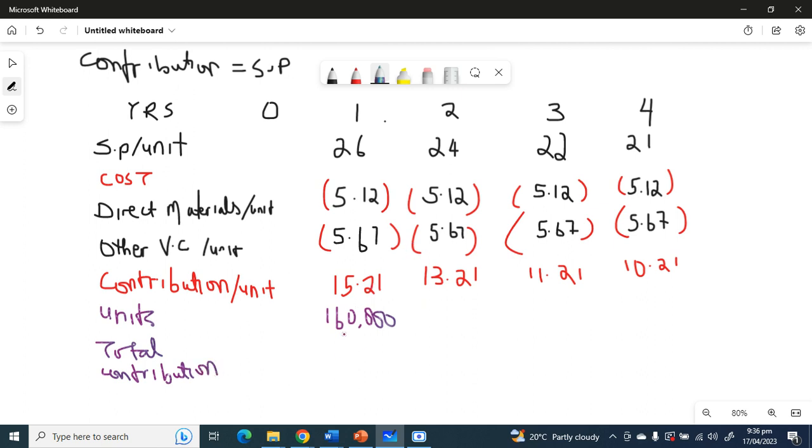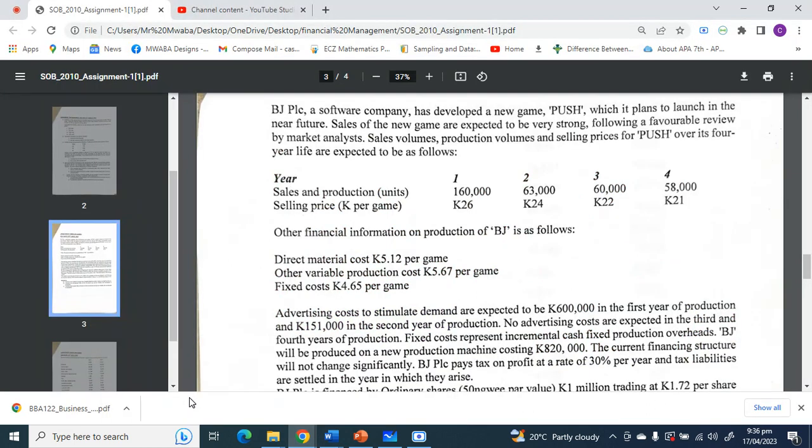Fifteen point two one. Yeah, it's given in the question, it's given here. And a lot of times they like to confuse students with sales and production units. So you start thinking, are these the sales? No. The moment you just see units here, this is how much you want to produce. So do not let this term confuse you, thinking that these amounts here are the sales. No, it's how much you expect to produce.